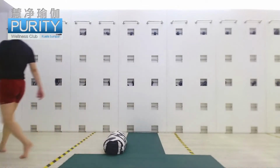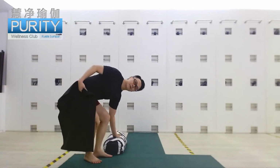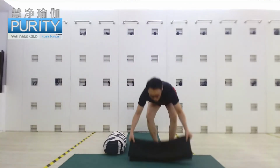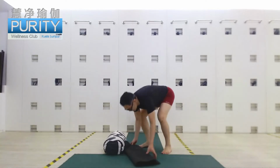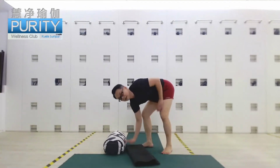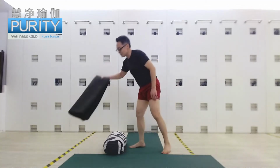For people who have narrow shoulder, your head will be resting on the bolster. Then you take a blanket, make it into a long strip, and then the tip of your shoulder will be here. So you are not so far away from the floor. Okay? So according to what you need,